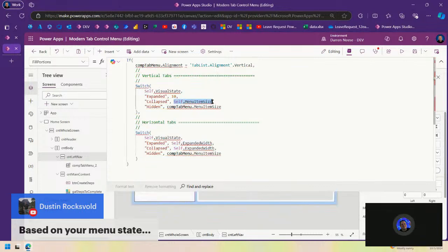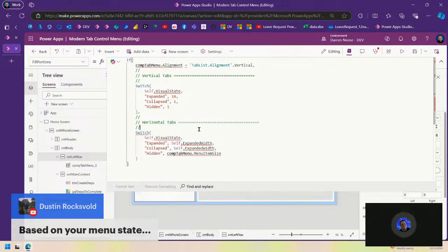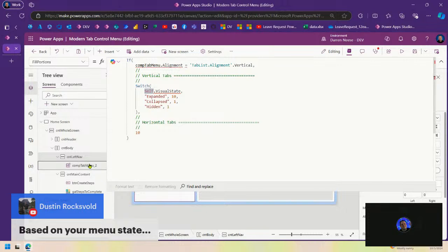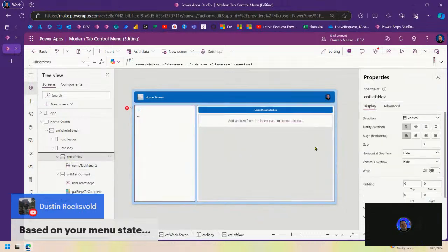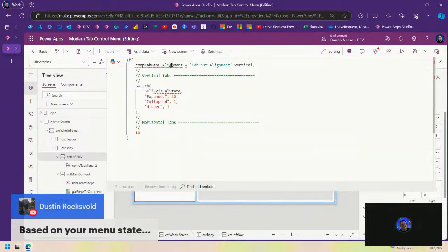Collapsed, 1. Hidden, 1. Now if it's horizontal, we'll probably want like 10. So here,